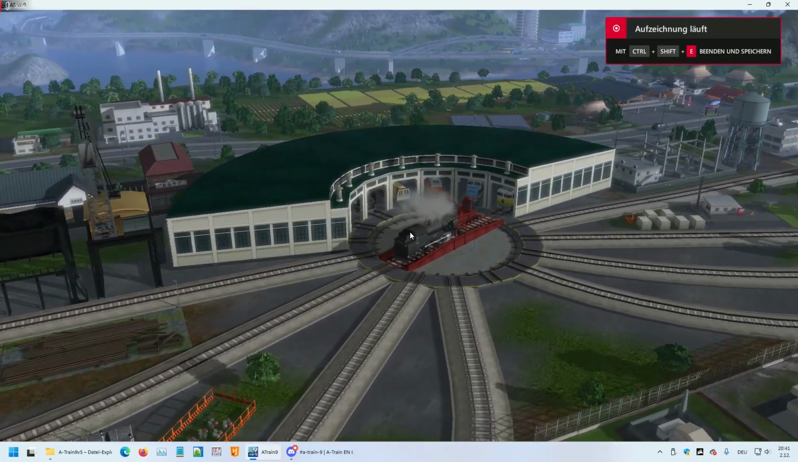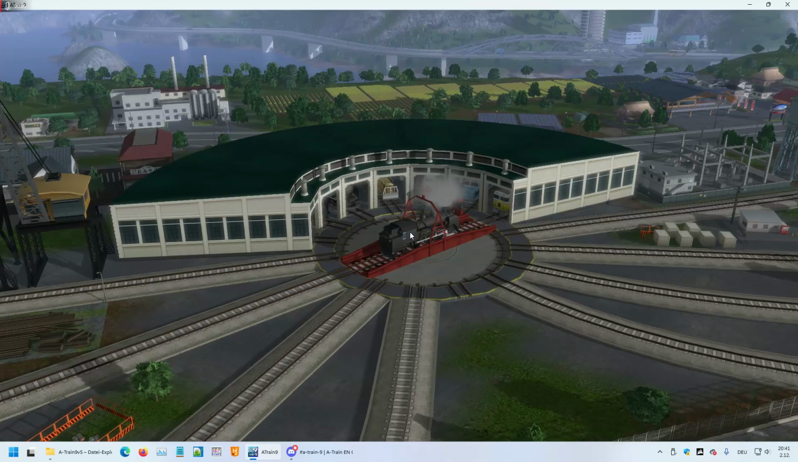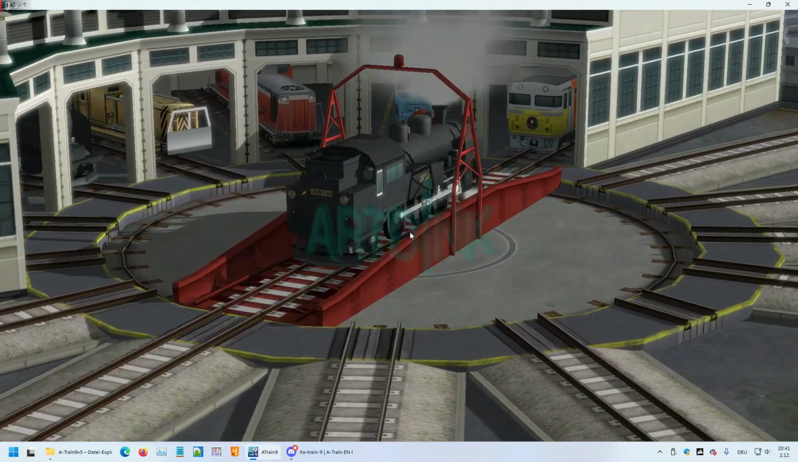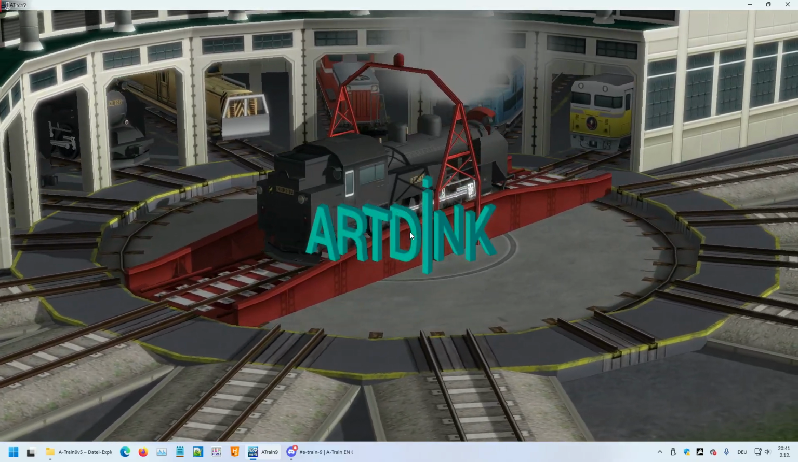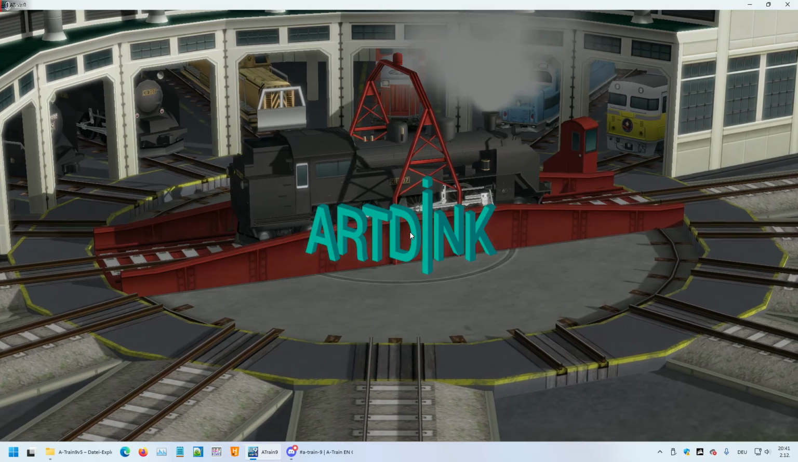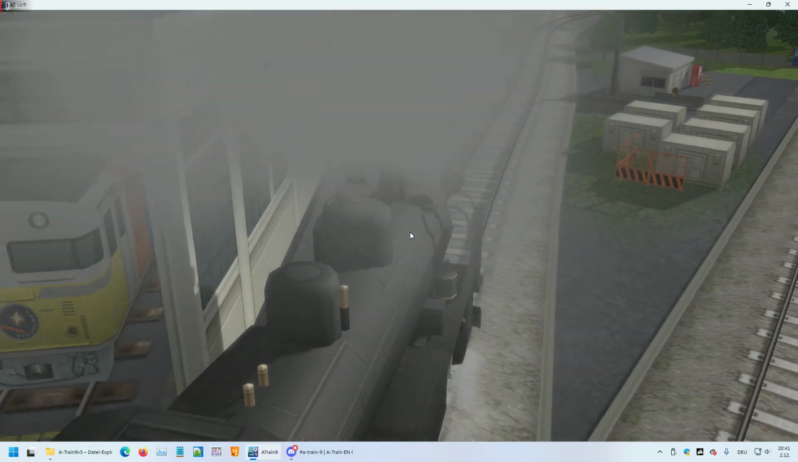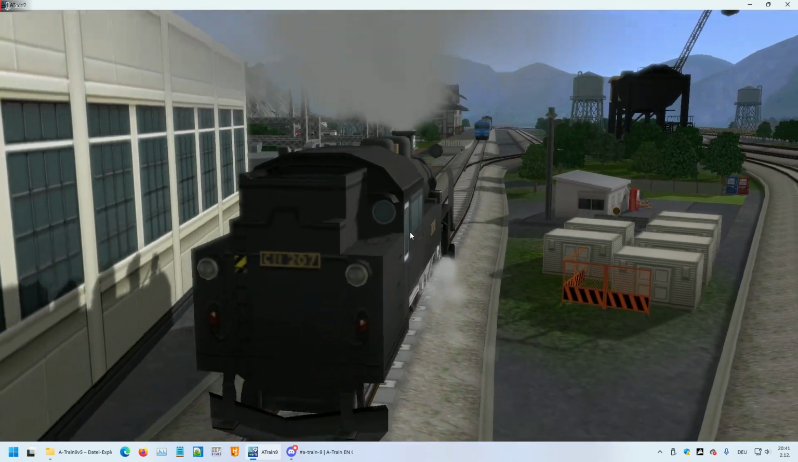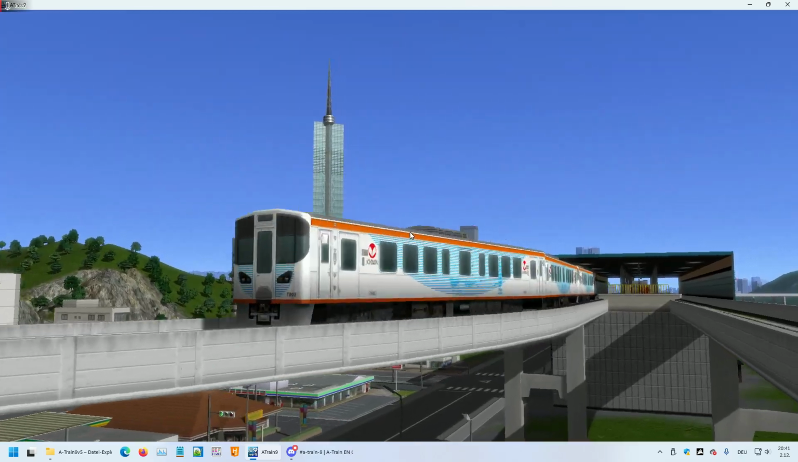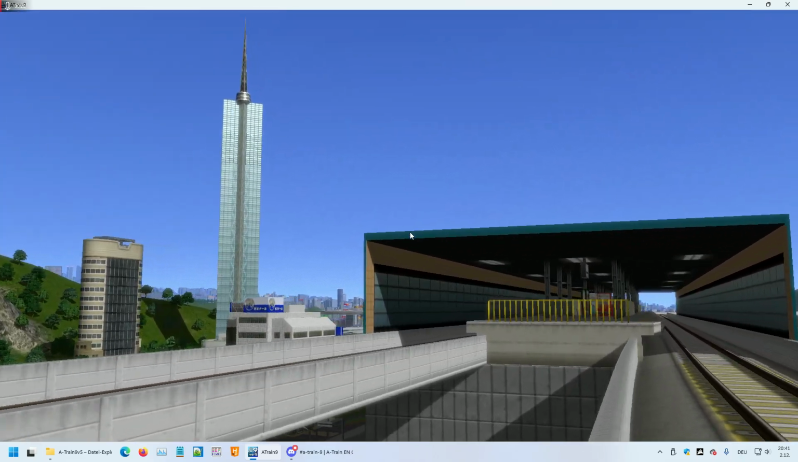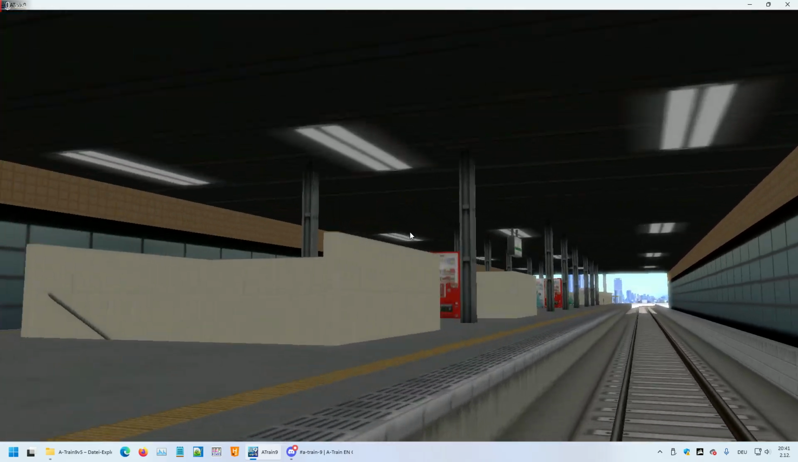Hello everyone, good evening. I got a request to actually show how the timetabling works in this game. With the recent release of 8 Train 9 train construction, where you can create your own trains and bring them into the game, there are plenty of new people